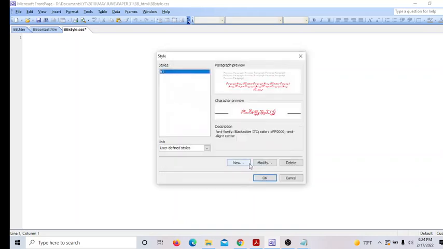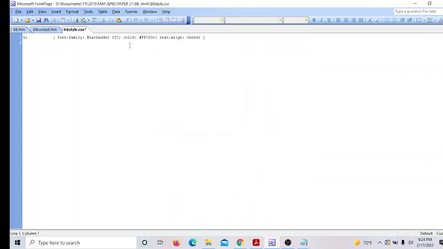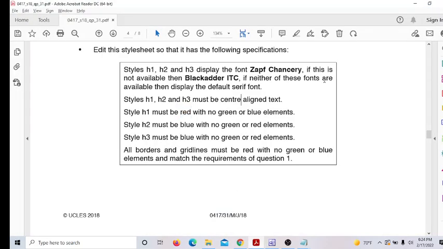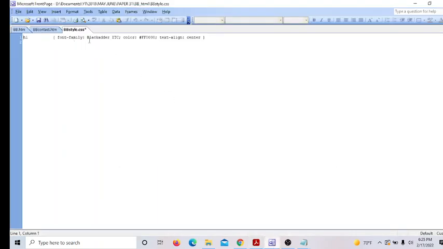And see, one more is there here. If neither of these fonts are available, then display the default serif font. So we'll keep it as a serif font as a default. I'll copy this. After font family, this one first something, put comma, then paste that serif as well. Okay, done. Next,